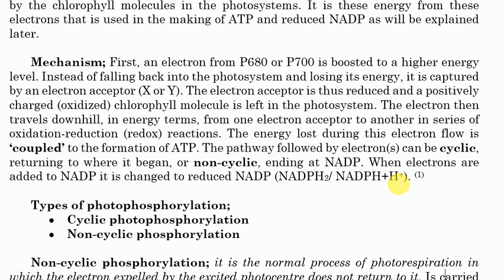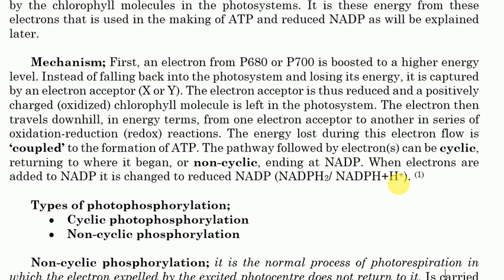So from this fact, the electrons can go back to the original place, the photosystem where they are ejected, or the electrons can find another path to the NADP, and there they cause the NADP to become reduced. We have two types of photophosphorylation depending on this fact. So if the electrons are coming back to the original place,